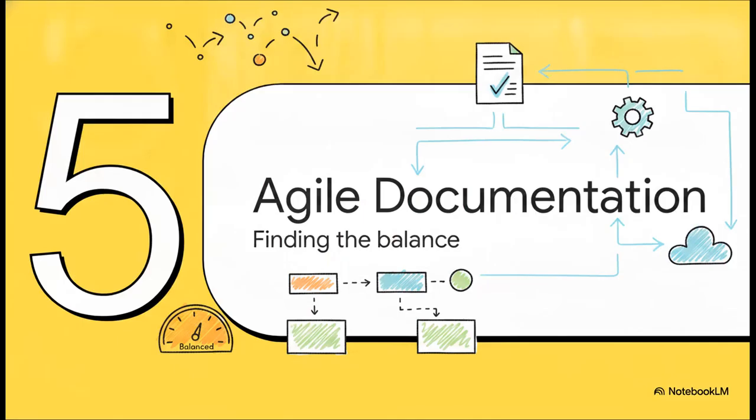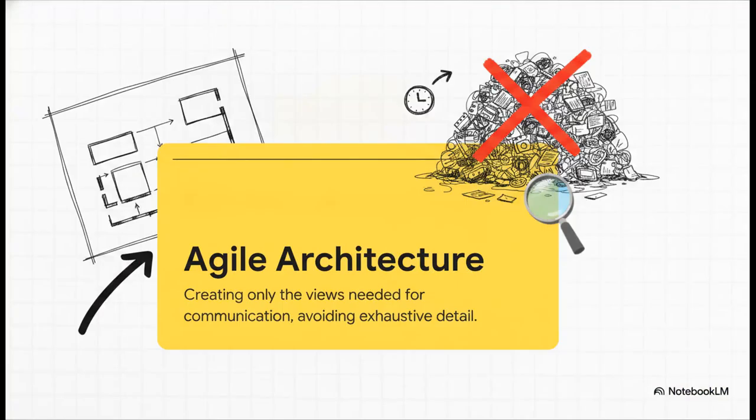Let's look at Section 5, Agile and Architectural Documentation, and finding the right balance. Let's see how all this theory actually builds into real-world practice. How do modern Agile development teams handle all these multiple architectural views and the mountain of documentation that comes with them? Well, the Agile perspective on architecture strongly favors creating only the architectural views that are actually needed for effective